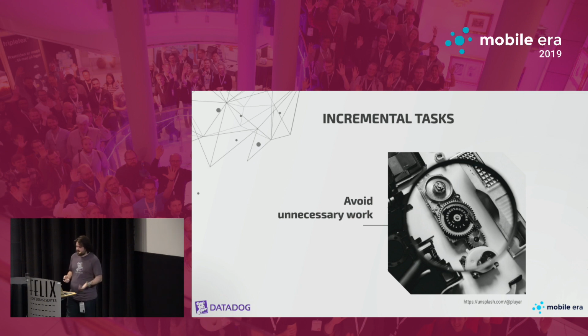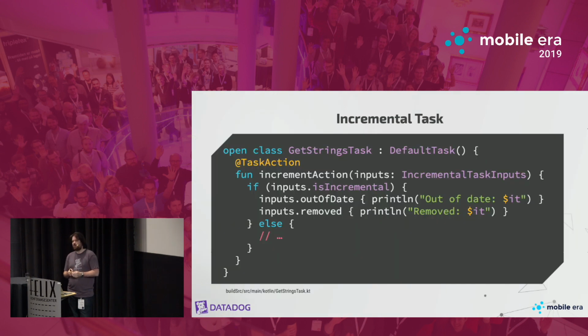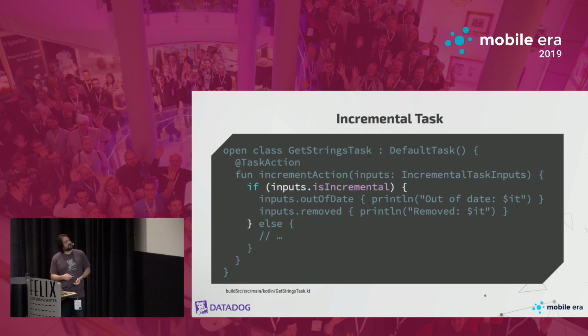Going further with this, you have incremental tasks, which is also a way to avoid unnecessary work. And this means that you can say, oh, actually, only part of the inputs changed, so I don't have to do the whole task, just part of it. So for instance, in your task action, you add an incremental task input object, that's going to be telling you if your inputs change incrementally or not. So if is incremental,